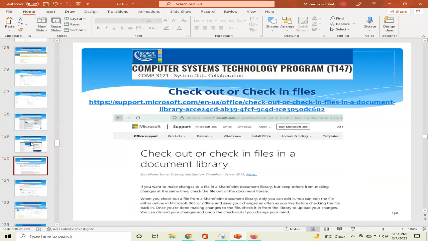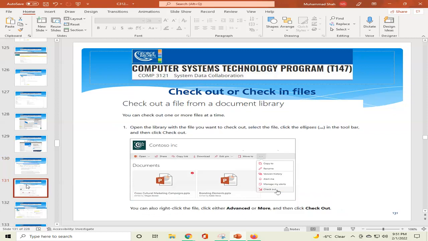This is just like locking a file for editing. When I check out one file, it is like taking out a book from a library, then others cannot read it. But here what happens is, if I check out one file, it is marked as checked out by this user, then other users cannot change it until I check it back in. So that is also a helpful aspect, and it's not very complicated. We can just go to any file and check it out and the others will not be able to